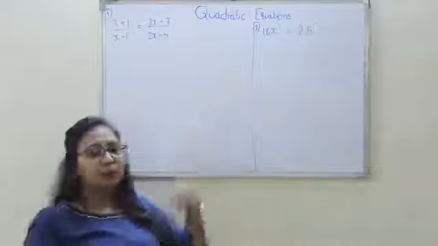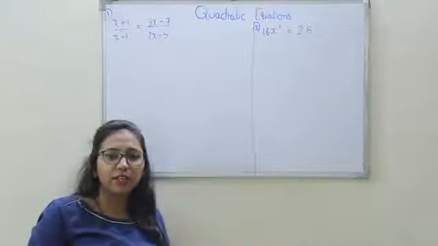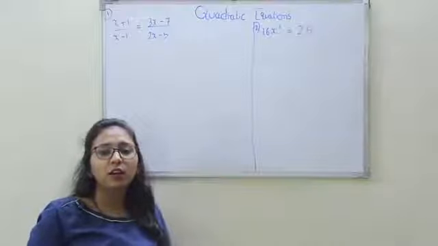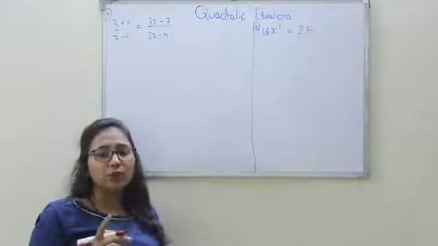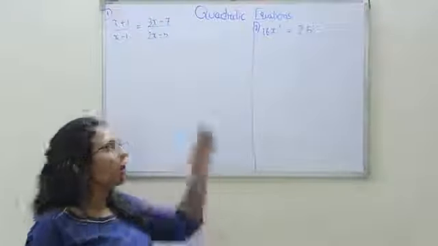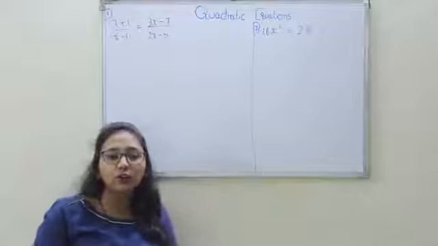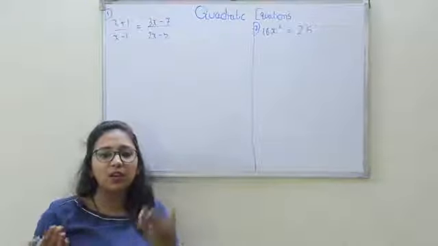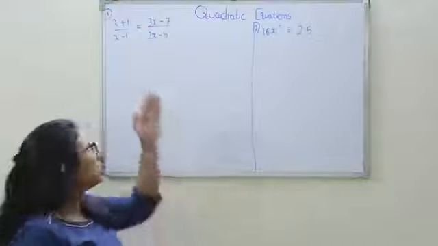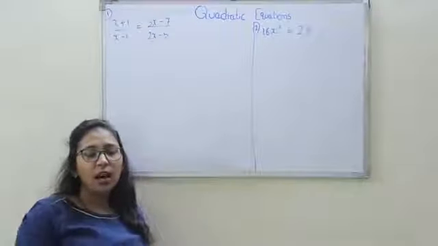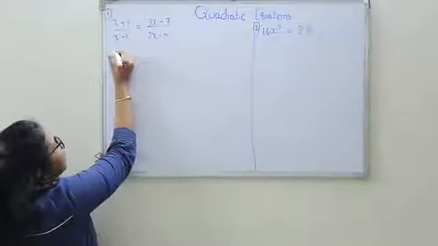Students, the last two examples. Again we are asked to solve these questions by the factorization method, and the first rule to solve the sum by factorization method is that your question should be in standard form. Of course this is not in standard form, but we know the basic rule of mathematics: when there are two expressions with an equals sign in between, and the expressions are in the form of a fraction, how do we solve? By cross multiplication. So let's cross multiply and simplify.